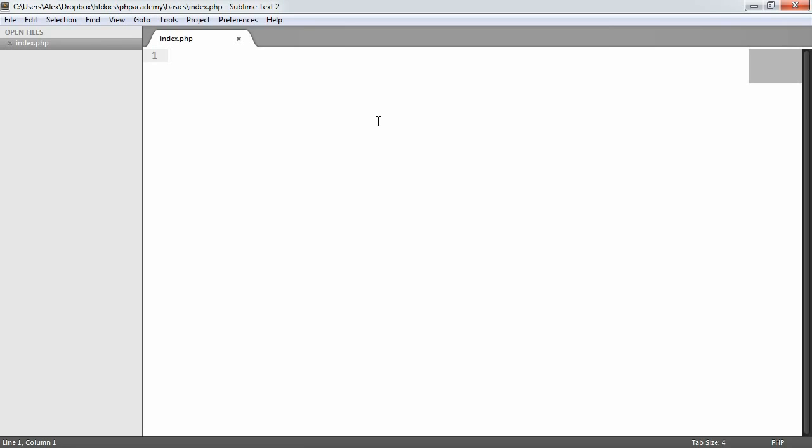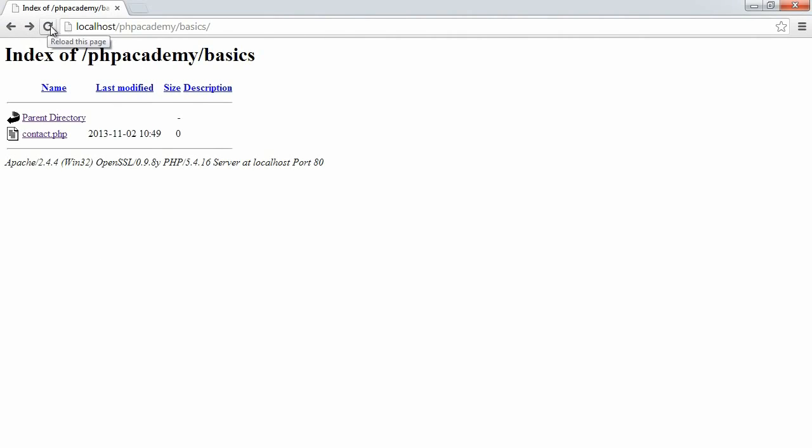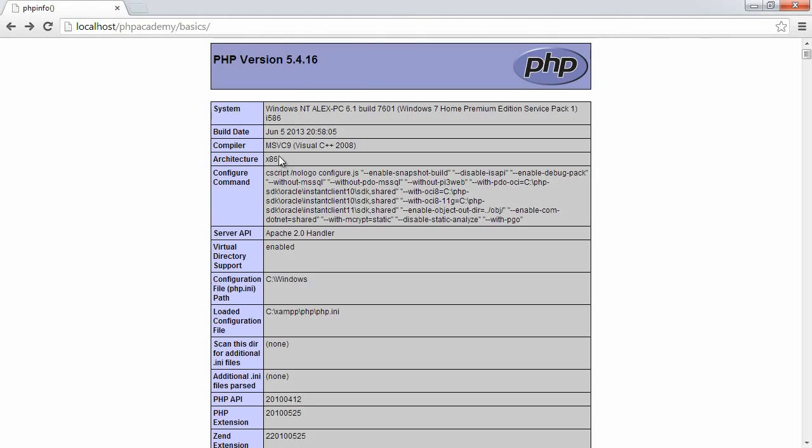So what are we actually going to put into this file? Well, we need to start by opening PHP tags, which allow us to specify that we are writing PHP and this needs to be interpreted. So we use a less than sign, a question mark, and php. So in this case, we're just going to say phpinfo, and this is a function, so we're going to supply two round brackets, and we can go ahead over to our browser and preview this. And you can see here that I'm running PHP version